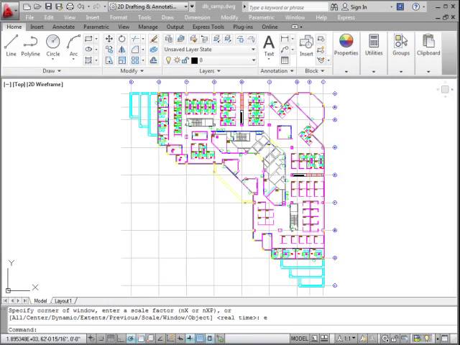In this video, we'll talk about using layers in AutoCAD. Layers are a method of organizing our drawing, and we want to have the drawing organized for a couple of different reasons. We may not want to plot or print all of the information every time we print the drawing, so we can organize the drawing and have some of the things in the drawing on one layer and some on another,